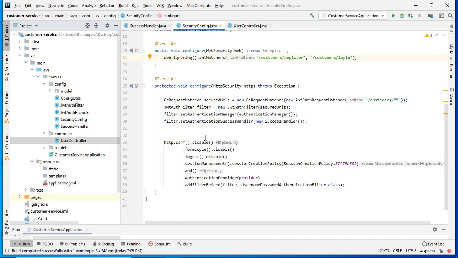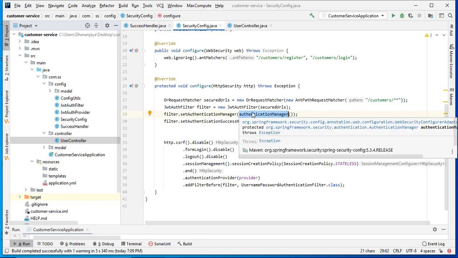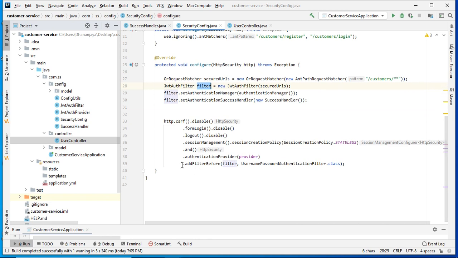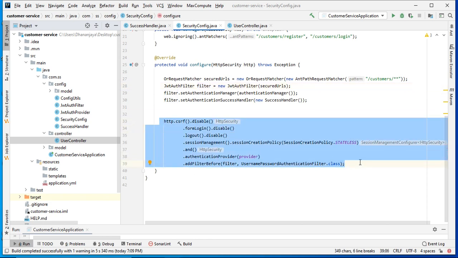So in this, what I have done is I have created the secured URL object, like a request matcher, that I need to pass into the JWT authentication constructor. Then I will create the filter. Inside that filter, I need to give the manager information. This is my manager and this is my successful handler. Whenever a request comes, you just give that request to the authentication manager, and whenever this request is successful, then just call this successful handler. That's it. And this filter we need to configure here in our Spring Security configuration.